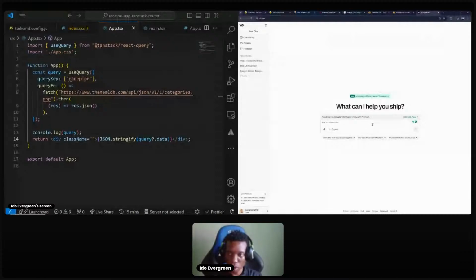So first off, we're gonna ask v0 to help us build out just a simple UI. We're gonna work on the landing page before we go to the dynamic page, because we'll be making use of TanStack Router to handle the dynamic pages and the dynamic movement. So let's just say, okay,